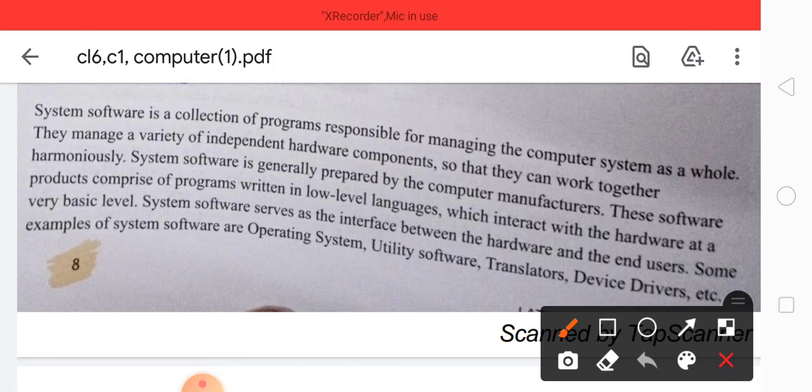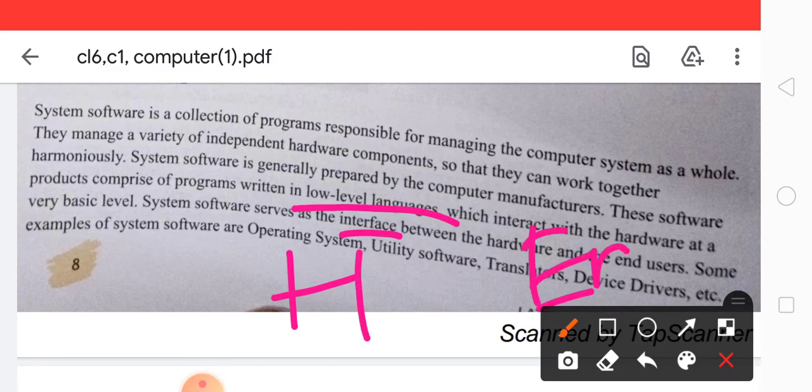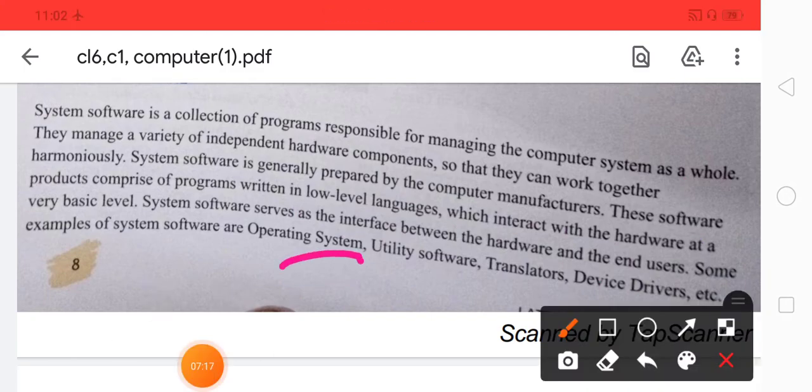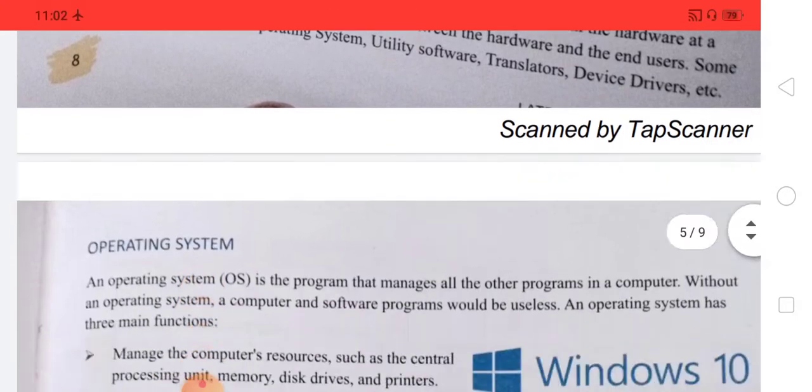System software products are written in low level languages, so they interact with the hardware at the basic level. System software serves as an interface between the hardware and the end users. Some examples of system software are operating system, utility software, translators, device drivers, etc.